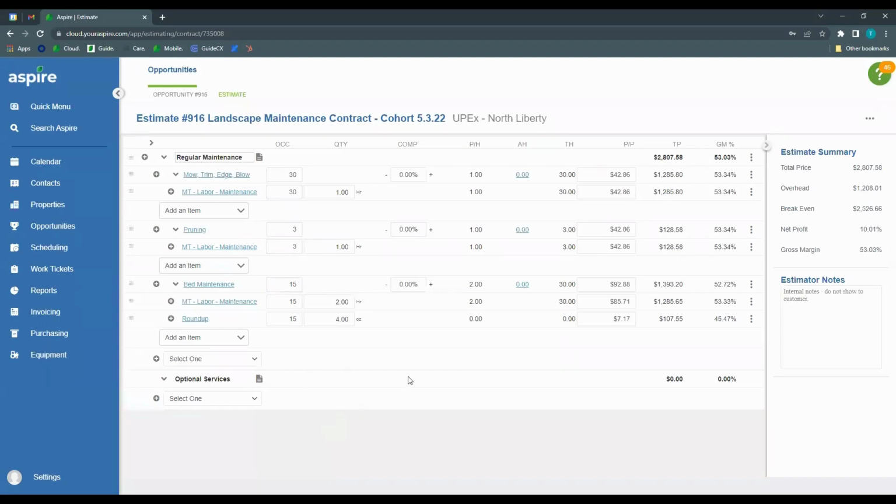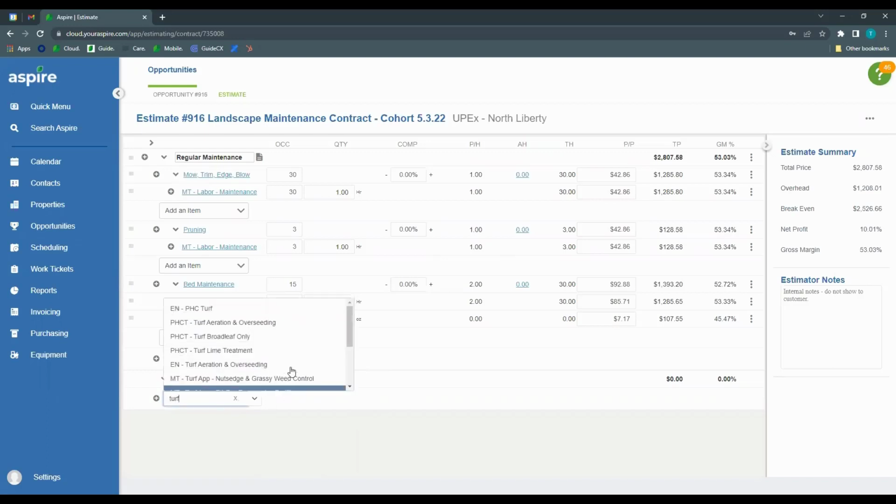One thing that when I met with Justin, he asked me about a price for turf aeration and overseeding. So I said, yeah, I'll go ahead and include that on your contract as an optional service. So if I just type turf, you can see I've got all kinds of different things. Again, these prefixes are going to my division. So if I wanted this enhancement, since it's optional, I'm going to choose this enhancement division, even though this is